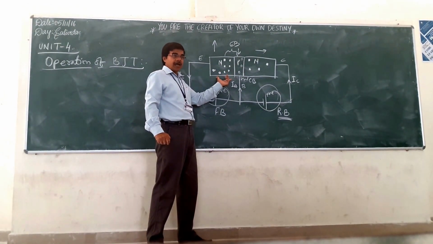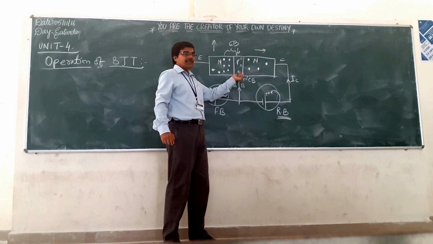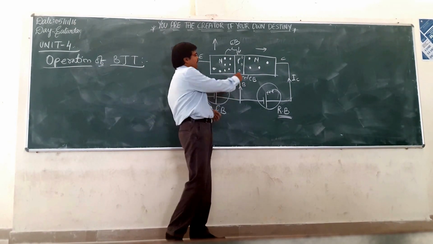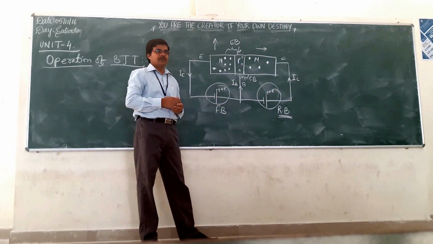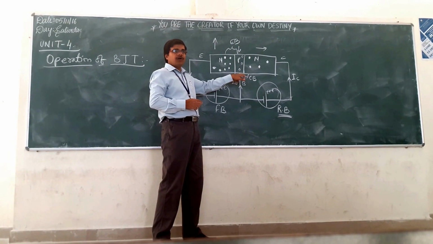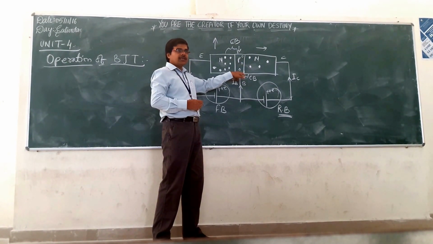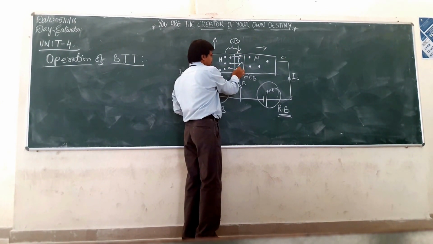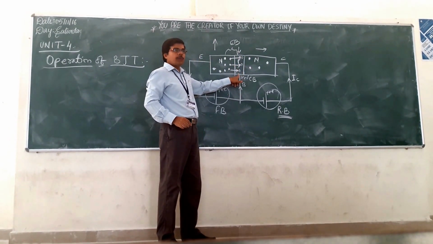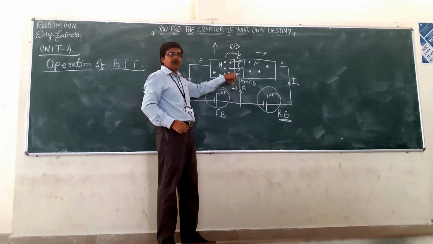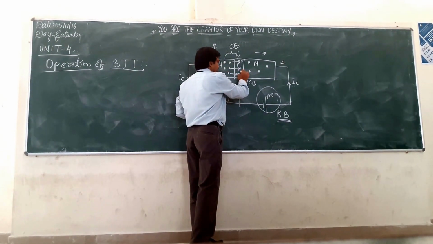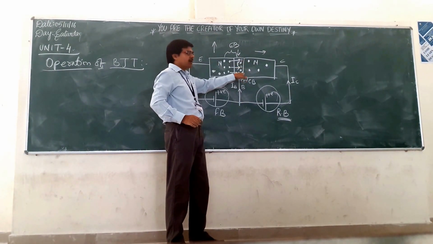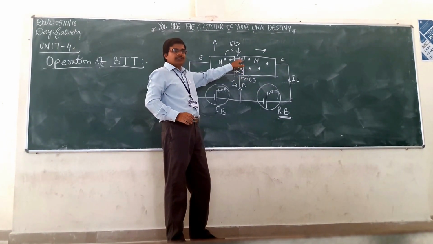As emitter is highly doped and base is lightly doped, here you will have less number of holes. So as you are having less number of holes, some of the electrons will occupy the seat. But what about the remaining electrons? They will be here only. They are not getting the seat. Remaining free electrons are not getting the position to sit.